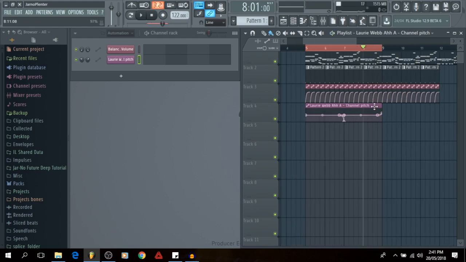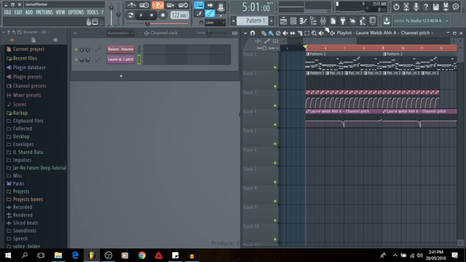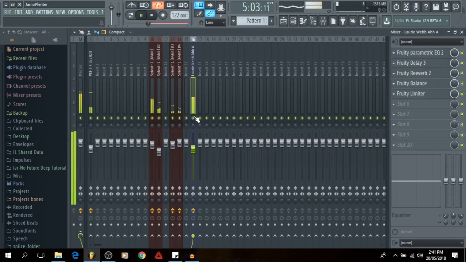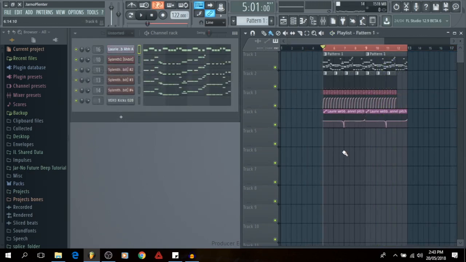Sounds pretty cool. And we'll paste that in both, so it covers the whole section. And now we can play that back. Do you have an idea of what it sounds like? Sounds pretty cool. Alright, now we're on to the more or less final piece, which is just adding a